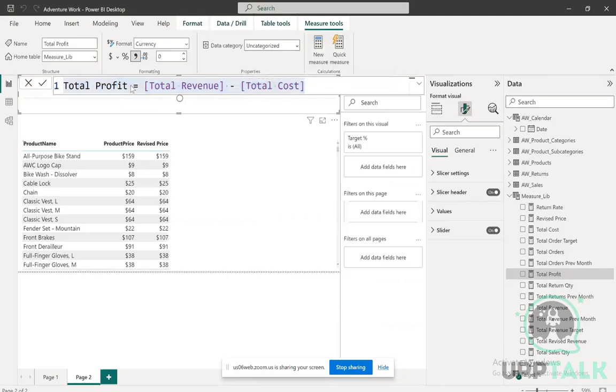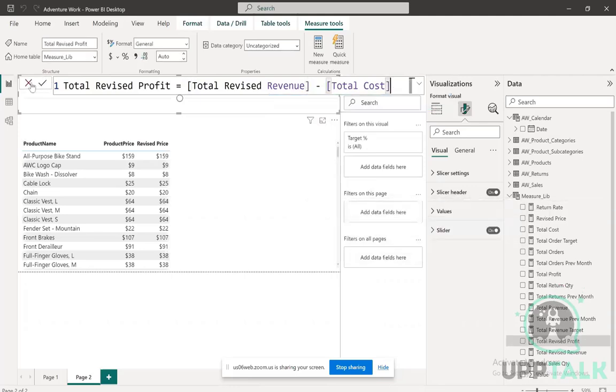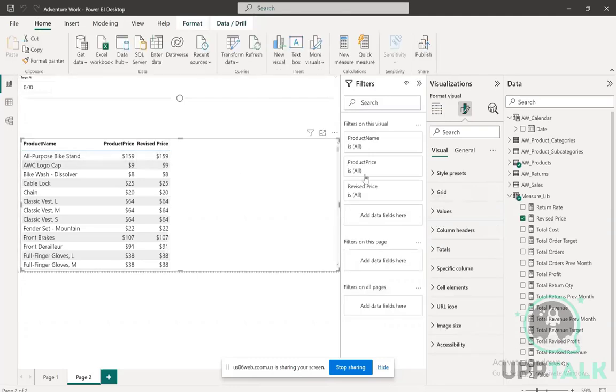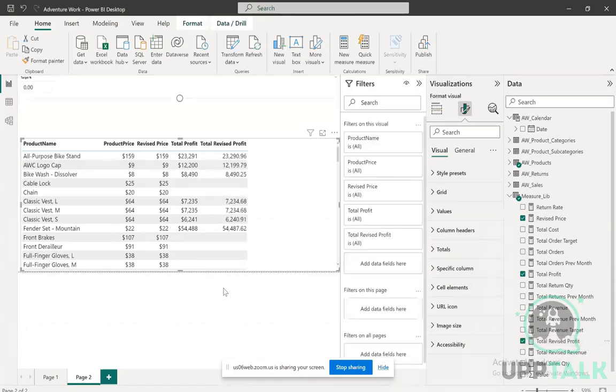Let's create a new measure, and we're going to call that total revised profit. Which means if I have the total revenue and total cost, so total revised revenue, right? So I have the profits in place. So what does that mean? The impact of my revised price will increase or decrease my profit, right? So if I introduce the total profit here, and let's say I introduce the total revised profit here, okay,